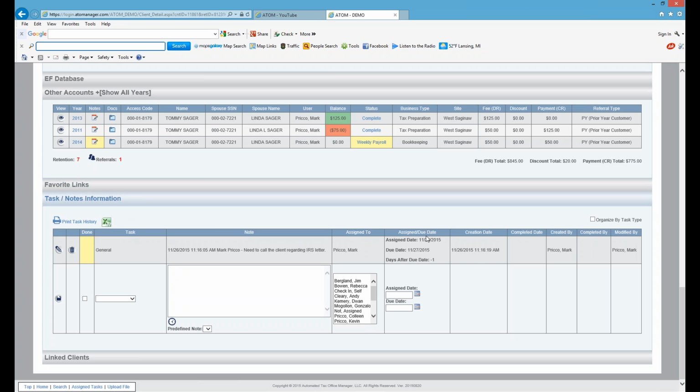Over here in the assigned and due date column, that's where I'm getting where it says a due date is -1. So my due date's 11/27. My assigned date, when it actually displays in my assigned task, is 11/24. So it was sitting there for a couple days. Now, if I select the edit pencil,